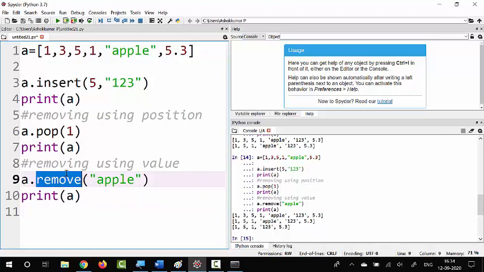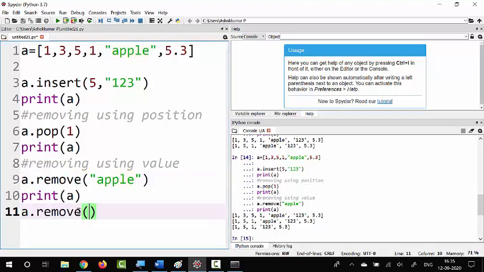When you are using this remove function you have to note that this remove will delete the first occurrence of this value. Okay, so suppose in this list we are having 2 occurrences of 1. If I remove like this, remove of 1, it won't remove these 2 ones at a time, but it will remove the first occurrence of 1. So it will search for the value and it will find the first occurrence and it will remove that first occurrence. And if this particular value is repeated more than 1 time, the duplicate copies will be present and the first occurrence of this value alone will be deleted.